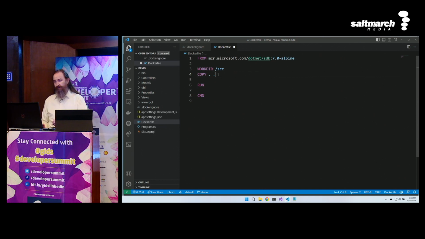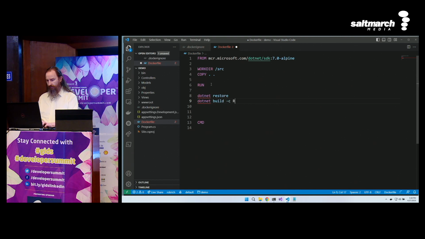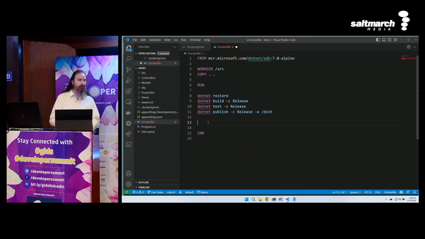Now, what are the things that I might run on the console to be able to build this? Well, I would run dotnet restore, dotnet build. I'll build in release mode. dotnet test. I want to run my tests. I'll also do that in release mode, so I don't end up with one release build and one debug build. dotnet publish. I'll build that in release mode, and I'll do that to the dist folder. Cool. Those are all the commands that I would run from the command line to build this